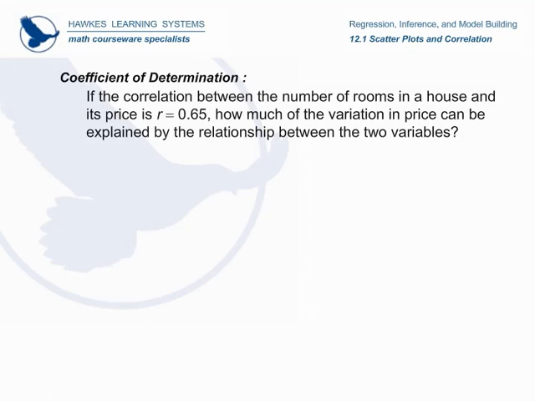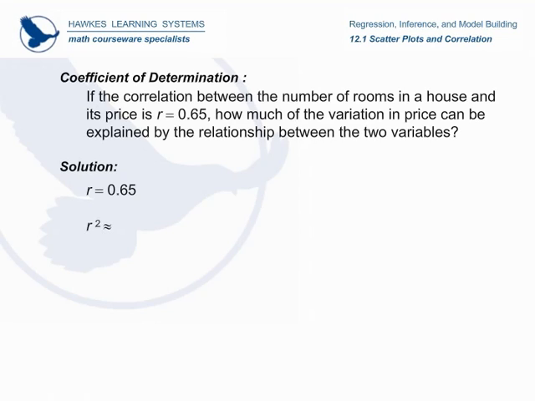Let's take a look at an example of coefficient of determination. If the correlation between the number of rooms in a house and the price is r equals 0.65, how much of the variation in price can be explained by the relationship between the two variables? So if r, the correlation coefficient, equals 0.65, then our r squared, or coefficient of determination,